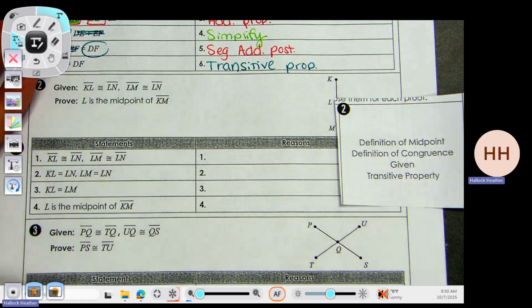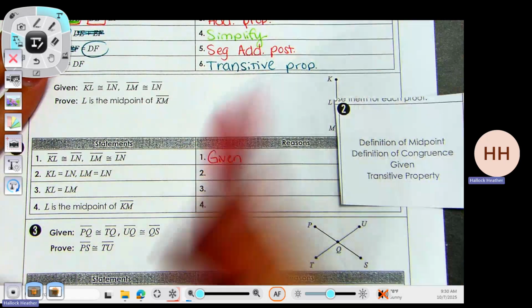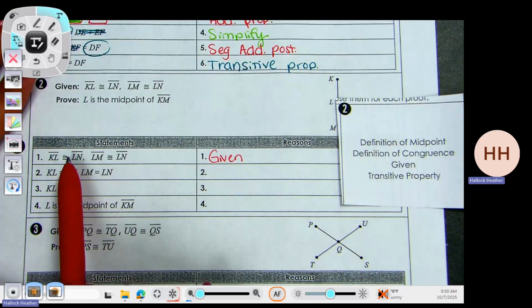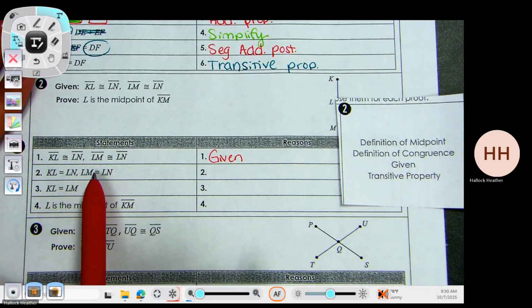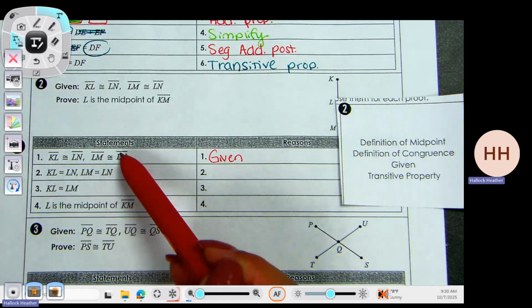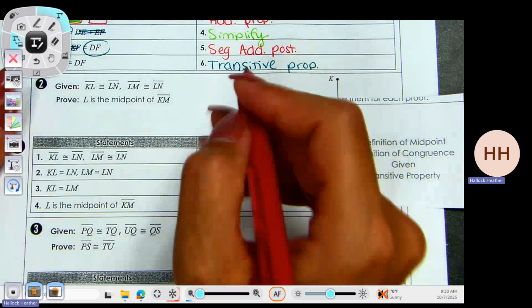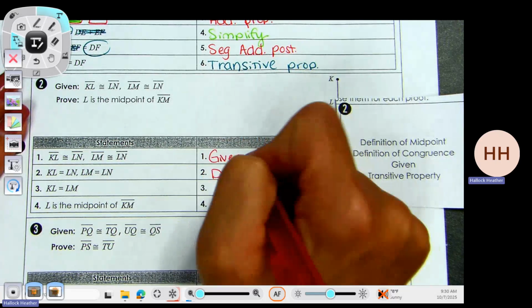Okay, what's step 1? Given, okay. And then from step 1 to step 2, definition of congruence, because it goes from congruent symbols to equal signs. It goes from equal signs to congruence. That's the definition of congruence. Because if I know it's congruent,